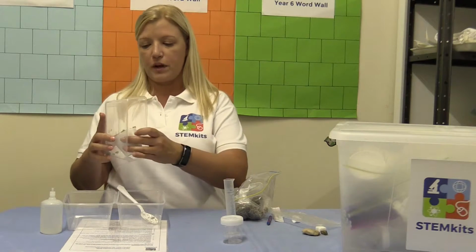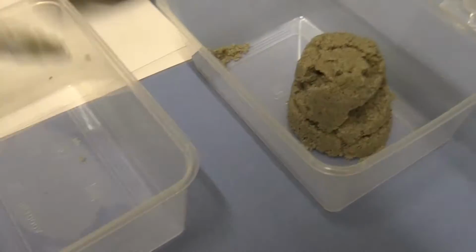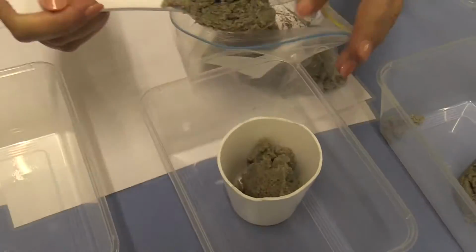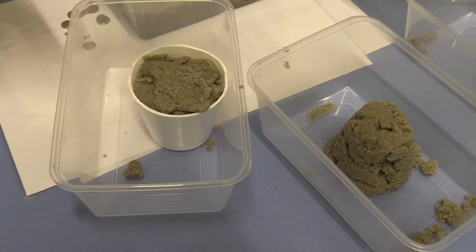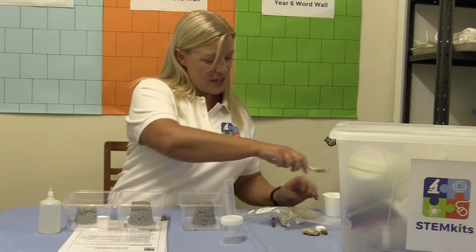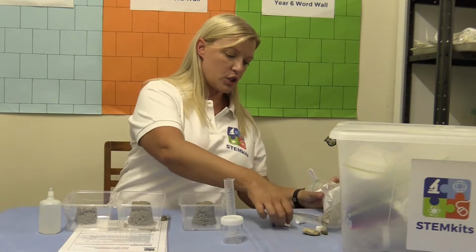And then I find the best way to do it is to tip it like that, and then upside down, so you get a little sand castle. Okay, now the kids are going to make 3 of them, so there's enough sand here for 3 sand castles in the group. Okay, so we have 3 sand castles, 1, 2, 3,